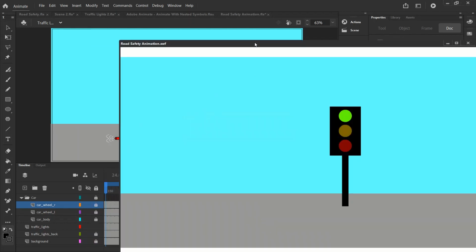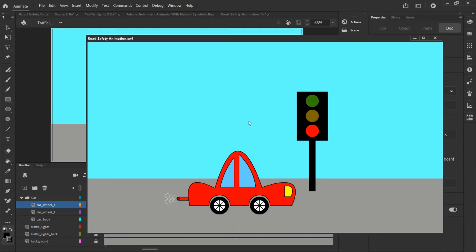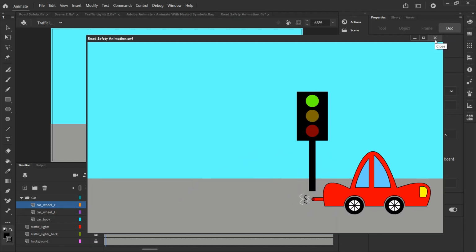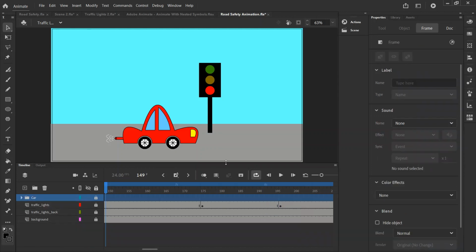I think that we've created a good effect of the car approaching, stopping, and then pulling off. Okay, yeah, and it's all working. Every part that we've programmed, that we've created, is working. Okay, so I'm going to lock the traffic lights layer, collapse the car folder, and then we need to think